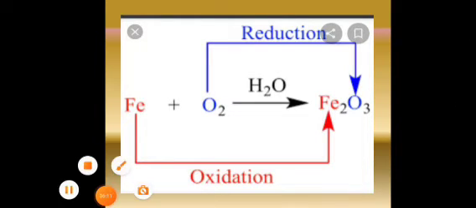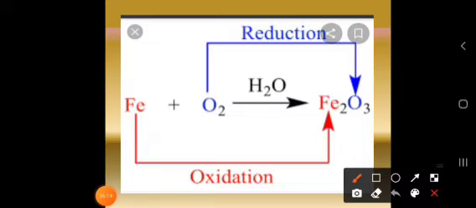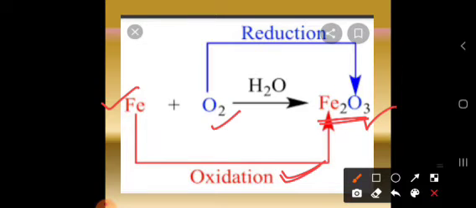So here in this chemical reaction, what happens? Iron is going to be combined with the oxygen. So it is considered to be an oxidation reaction, the combination of oxygen and the iron, whereas oxygen is going to be considered a reduction. Why? Because it is going to increase the number of electrons. Before it was O2, now it is O3, so it is considered a reduction reaction.